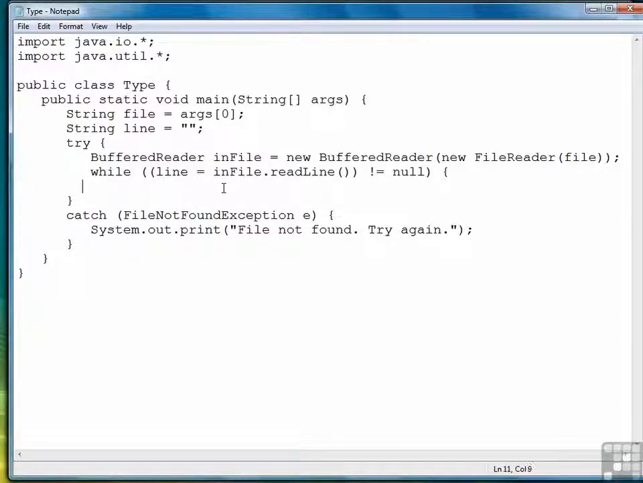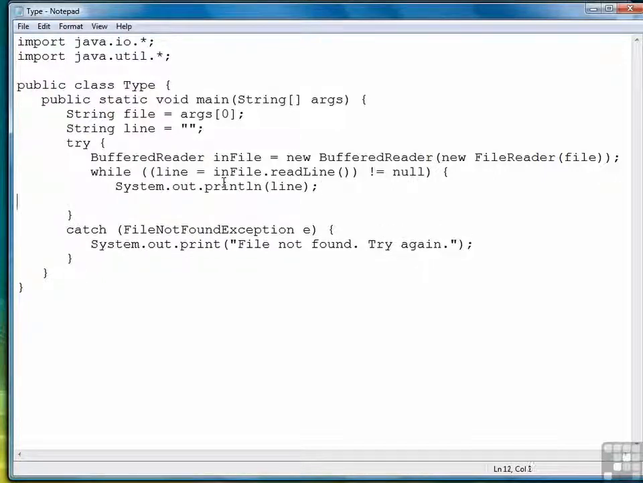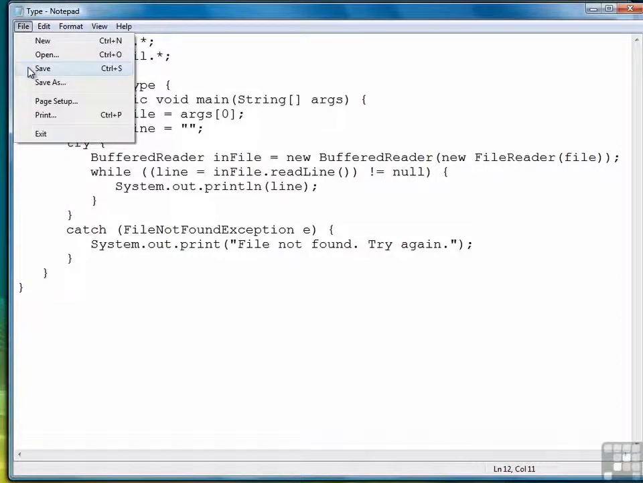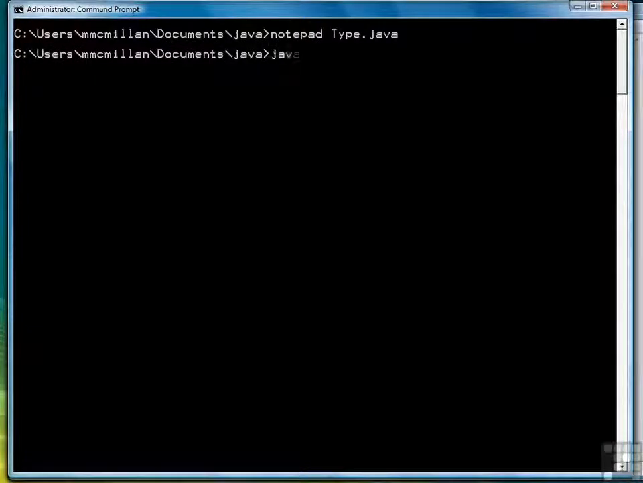Like so. And then we'll print out the data once it's read into the variable. And that's all we need. So we'll save the file, compile it,